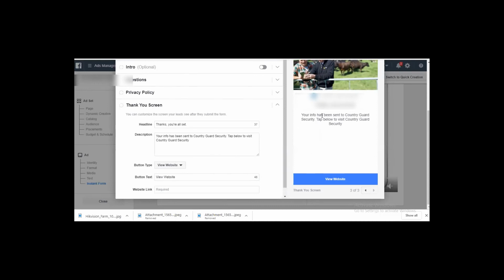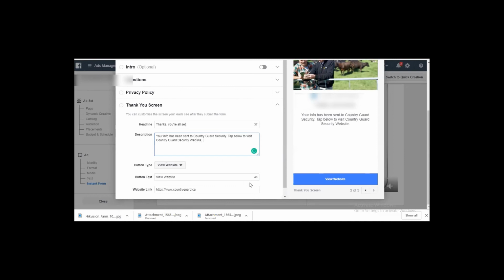When they put in all their information, this screen will appear to them. And the necessary thing here is the website link. We can also add text here, like your information has been sent to Country Guard Security, below to visit the Country Guard Security website.